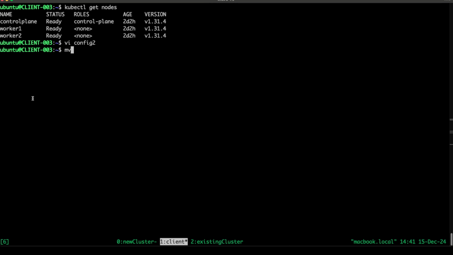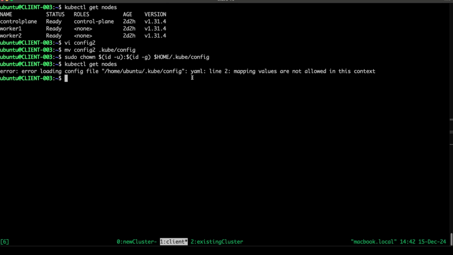What I've done, I've created a configuration file, and then I'm gonna replace the existing configuration file with it. I'll just move this newly created configuration to the location where my existing configuration is. So I'll replace that. Of course, I have to change the ownership, so I'll do that real quick. And if I run kubectl get nodes,